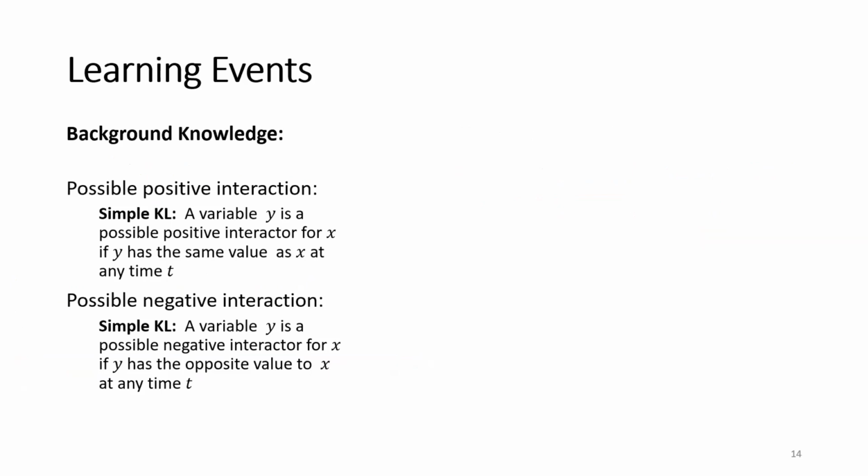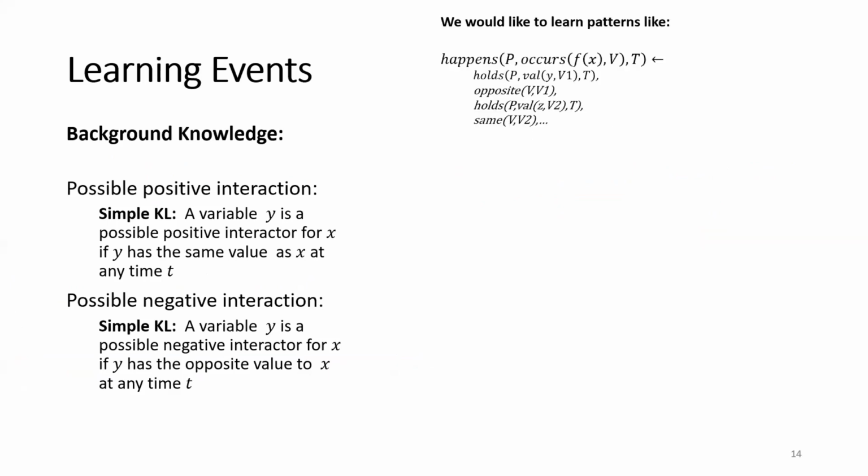So there can be possible positive interactions or possible negative interactions, which is the only background knowledge that we are using for the domain. It doesn't say which variable could be positive or which variable could be negative. We just say these are the conditions under which there's a positive interaction or a negative interaction. So we're trying to learn